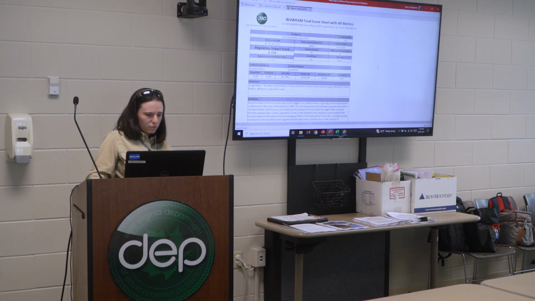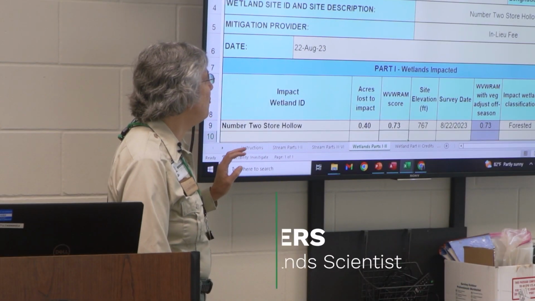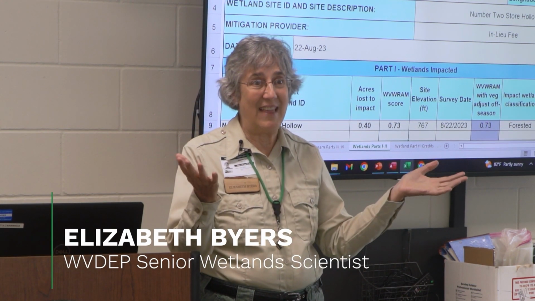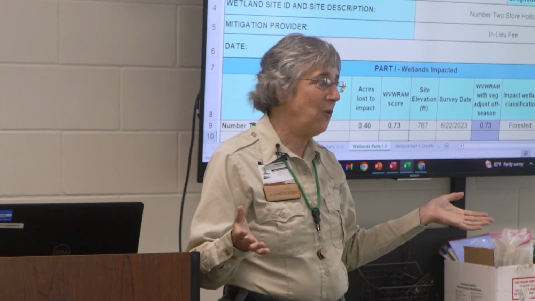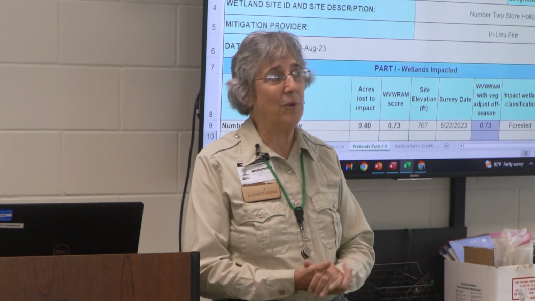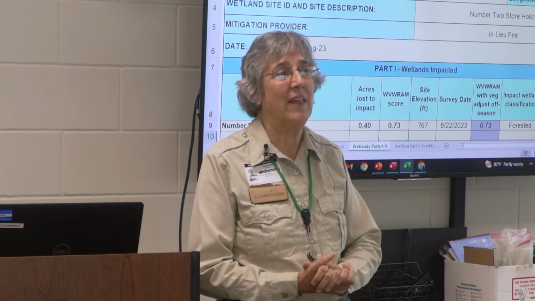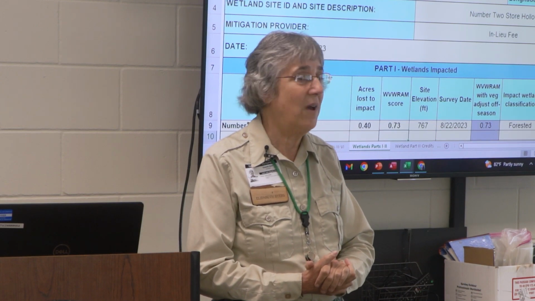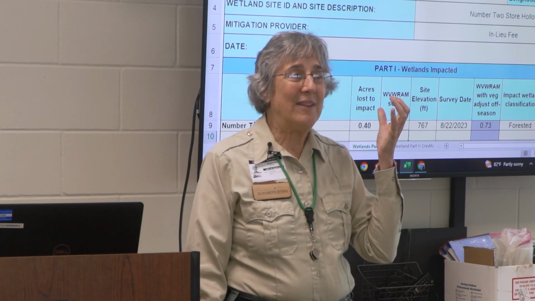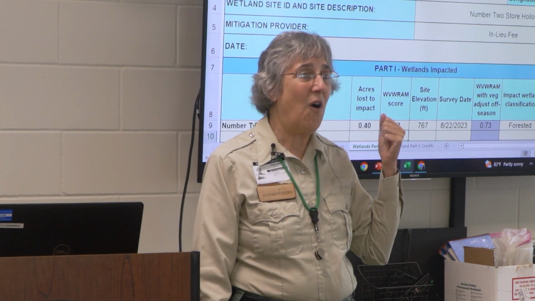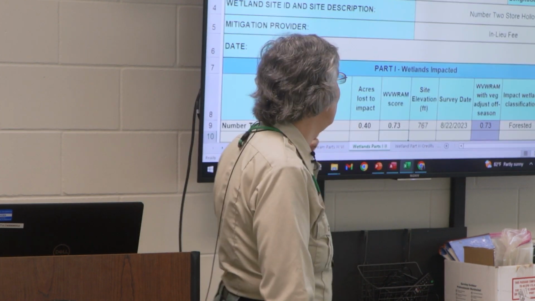And we got a regulatory impact score of 0.729. And so just to show you what happens to that score: you remember the scores, 98% of the wetlands in West Virginia score between 0 and 1, and the average score of a forested wetland was 0.68, and this one scored 0.729, so it's a little better than average as forested wetlands go. You're going to take that 0.729, and that gets entered onto the SWVM, which will look something like